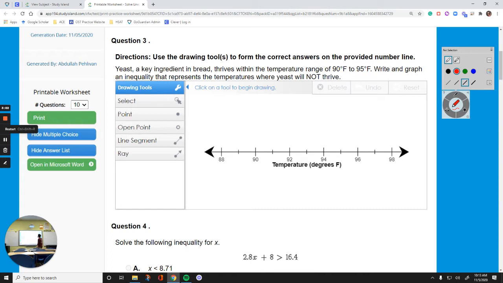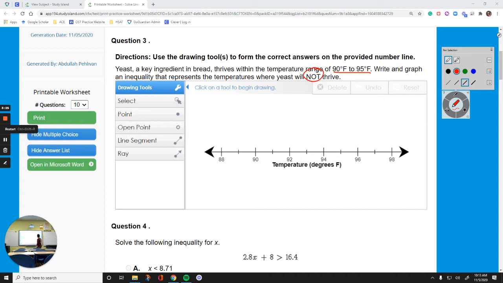Okay, yeast, a key ingredient in bread, thrives within the temperature range of 90 to 95 degrees Fahrenheit. Write and graph an inequality that represents the temperatures where yeast will not thrive. Will not. Okay, this is important. So if it is in between these two, it'll thrive. If not,